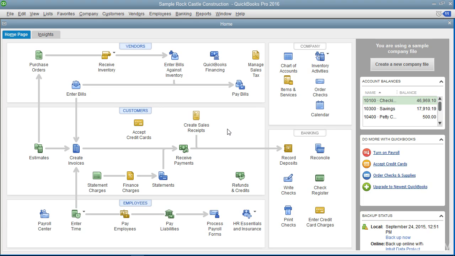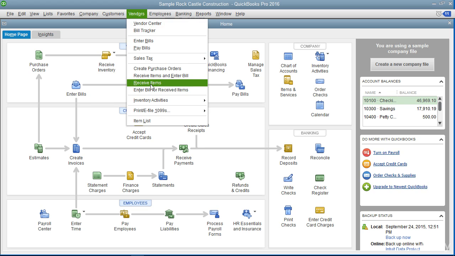When you receive inventory items from a purchase order, you have to enter the items into inventory to sell them within your sales forms. Sometimes you receive these items without a corresponding bill. In this case, you create an item receipt that you can later match to the vendor bill when it finally arrives. To create an item receipt for items received without a bill, select Vendors and then Receive Items from the